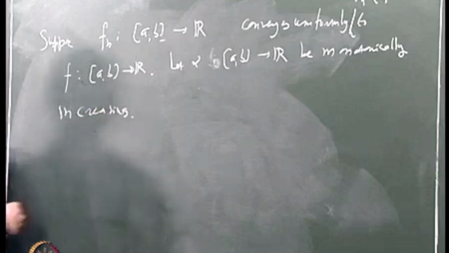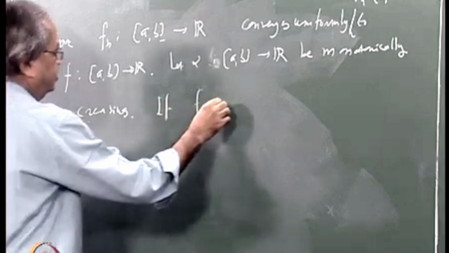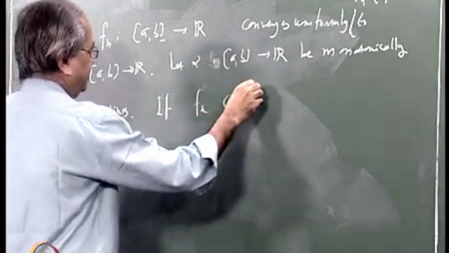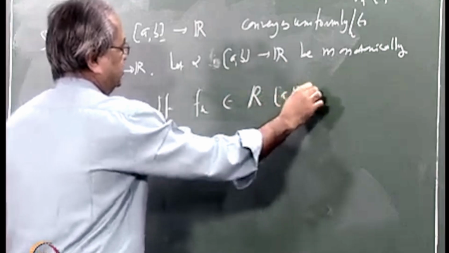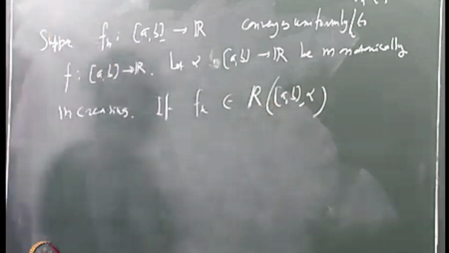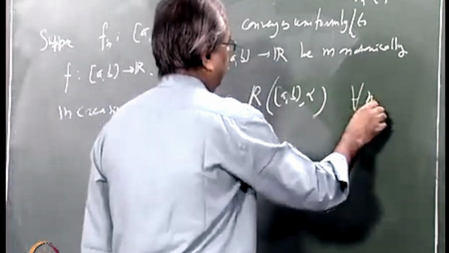Then if Fn belongs to R([a,b], alpha), let us use this notation again, that means Fn is Riemann-Stieltjes integrable with respect to alpha for each n, then